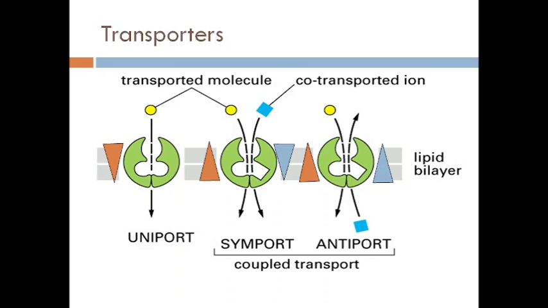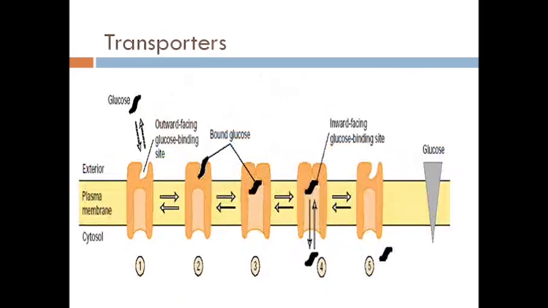Then after, the third type of transport is antiport. Anti means opposite. So here two different solute molecules are being transported through the carrier protein inside and outside the cytoplasmic membrane, but in the opposite direction. So that is called antiport. When one solute species is coming inside, at the same time the other is going from inside to outside. These are the examples of transporter proteins.